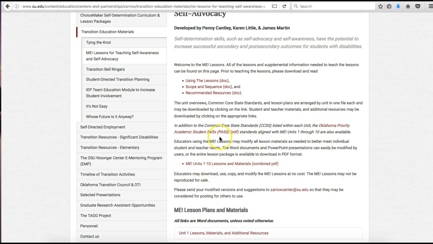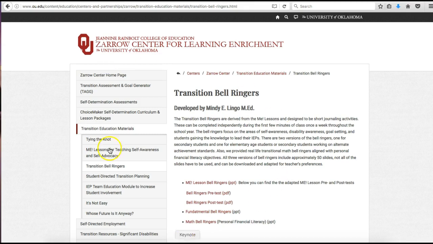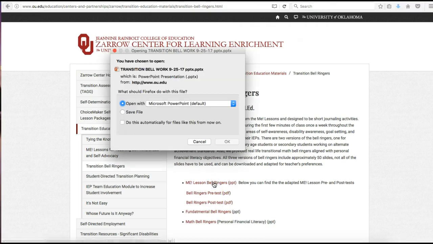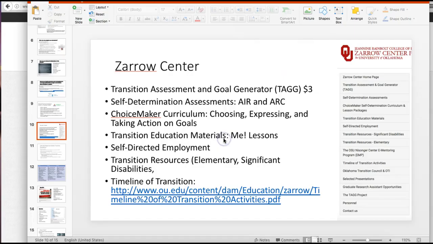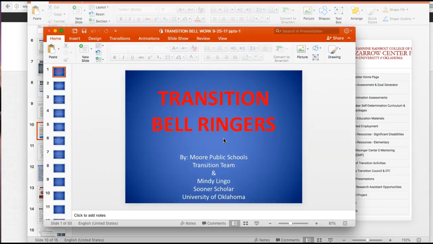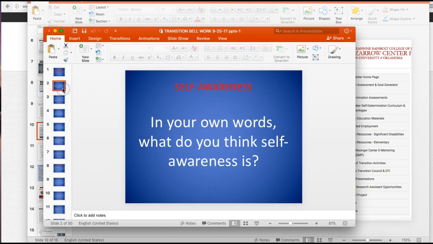That brings me to another one, the bell ringers. So I did one of these in class the other week, but you can see that they have a whole website of different bell ringers, and you can download this, so we've got pre-test and post-test, and we've got the overall ones and a PowerPoint on bell ringers. But these are all the different ideas that you could have for quick assignments at the beginning of class to really start talking to your students about self-awareness,